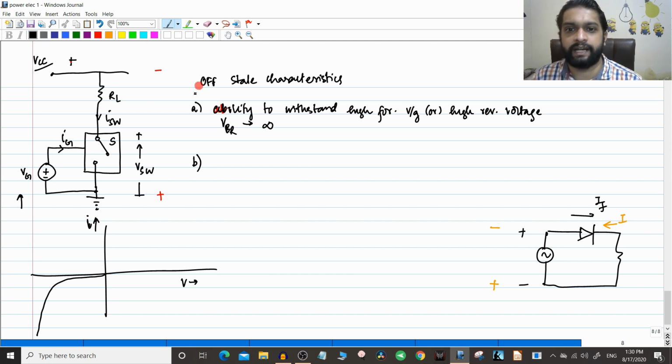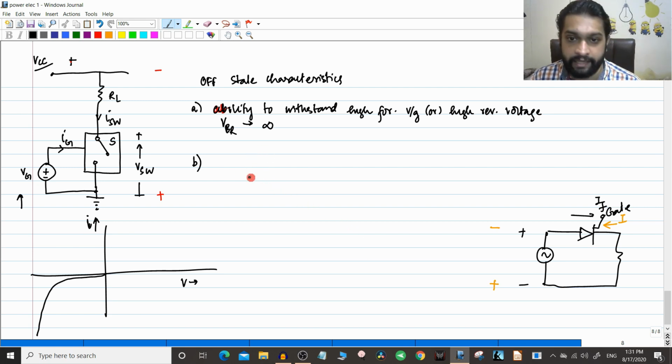So in the off state condition, whatever leakage current is there in the forward direction or the reverse direction. For example, what I have told you, if the gate signal is not applied and even if positive voltage is given, it should not allow any type of leakage current to flow, forward or in the reverse direction. That leakage current should not flow. That is the basic idea here.